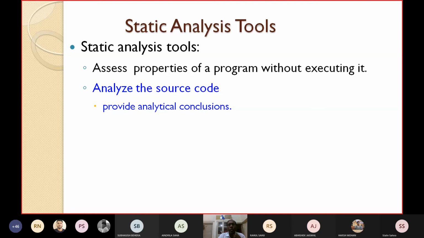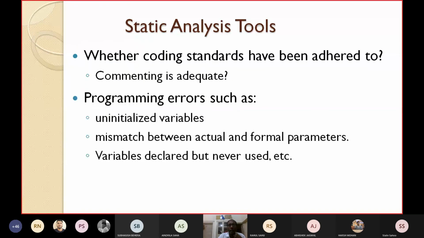Examples of conclusions that static analysis tools may provide are as follows: whether proper coding standards have been adhered to or not, whether the comment lines you have introduced are adequate or not, that is, whether program commenting is adequate or not.